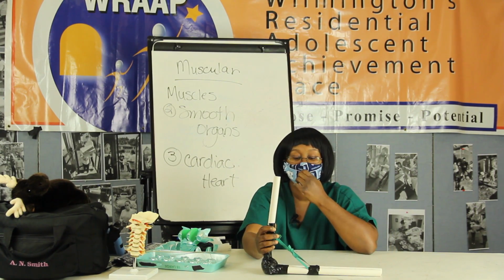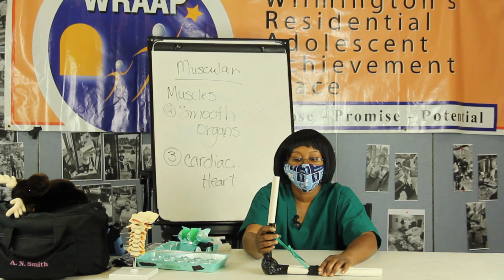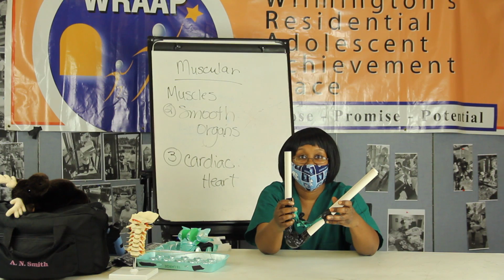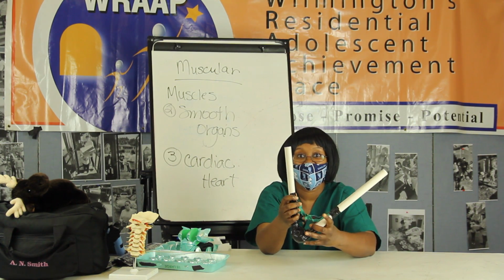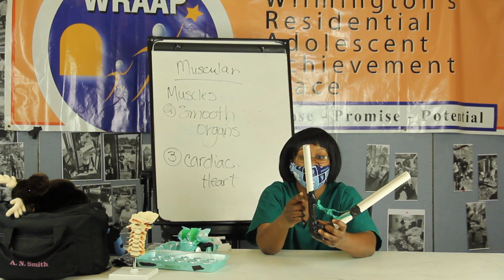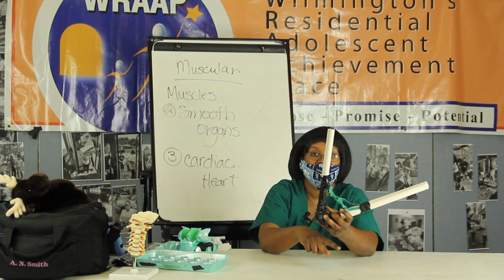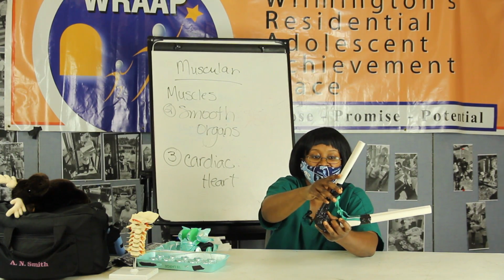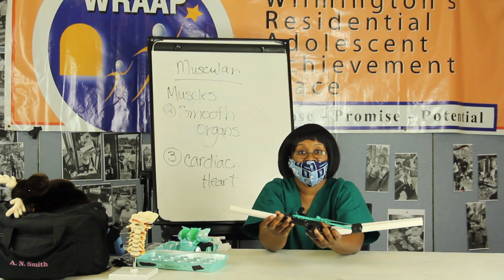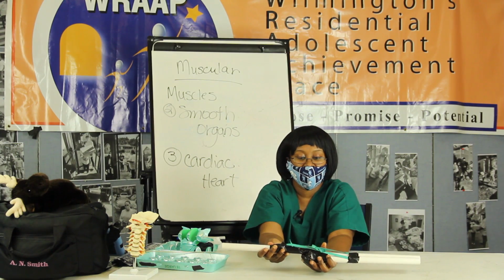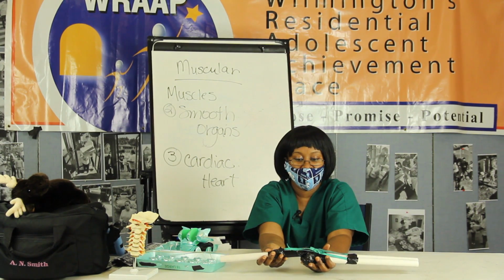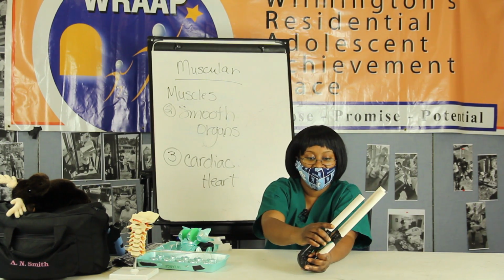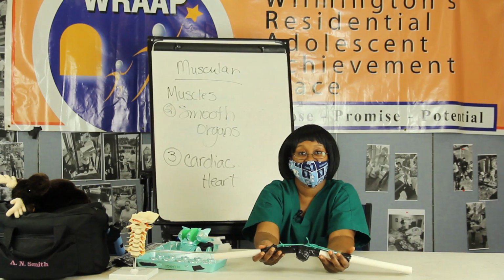Now the thing about muscles is they only flex. So if the muscle's here, how are we going to get it back to the original position? Now what's missing from this model is the muscle on the other side. So if you have a muscle on the other side and it flexes, then that would help straighten that joint out. So you need muscles on the front and the back so that you can flex and extend like that.